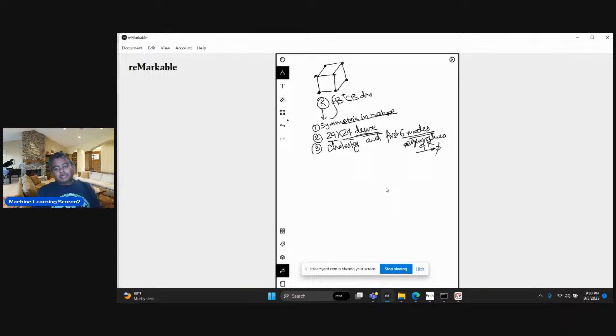So basically, that's what this code should do. Ideally, in terms of how you would like to incorporate aspects of machine learning in